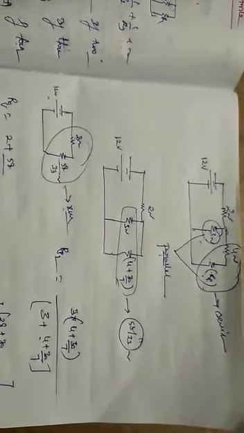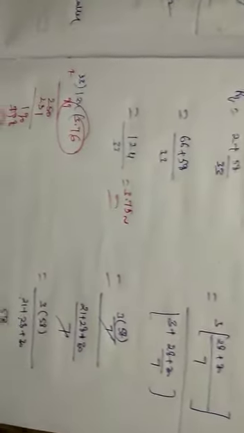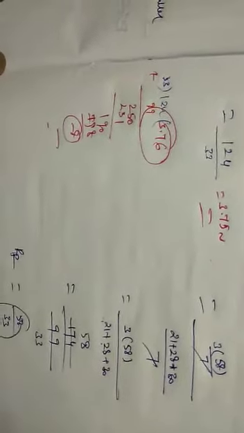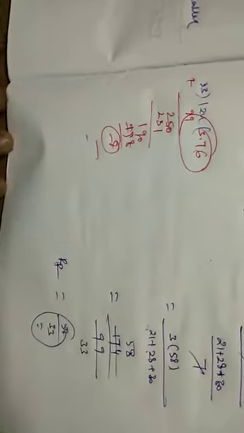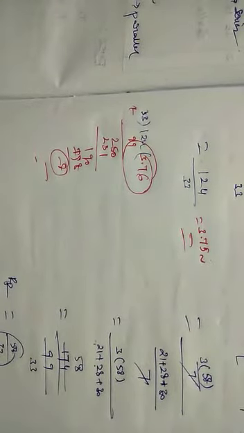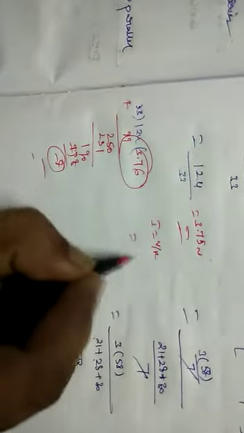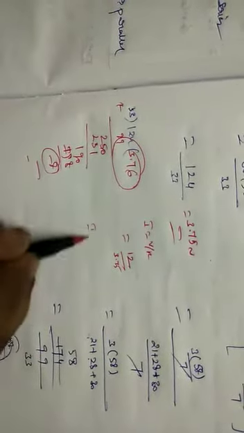I will try to make this very easy for this type of problem. I can go on in tomorrow's class and the day after tomorrow's class also with parallel and series combination of resistance. How can we find the current and voltage from the series and parallel resistance? I will explain clearly tomorrow. This is R equivalent, and from this circuit you have to find the current very easily. I is equal to V by R. V is given as 12 volts and R is 3.75, so you can calculate the current. Clear?